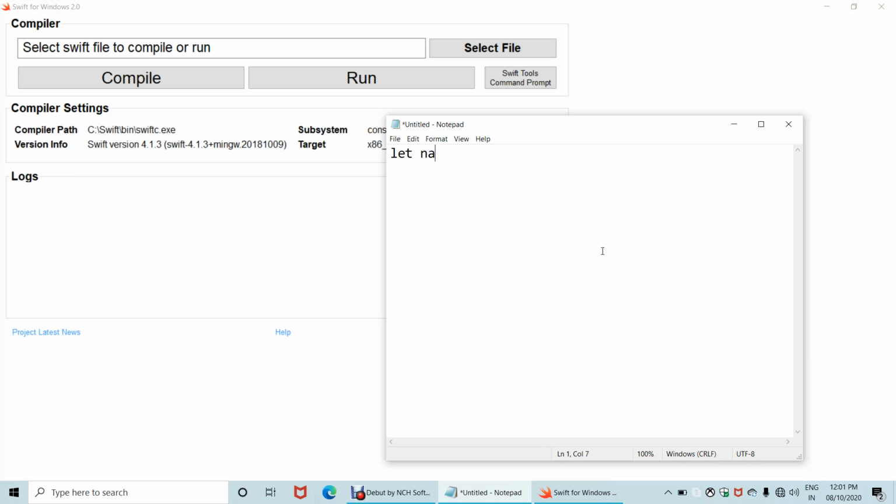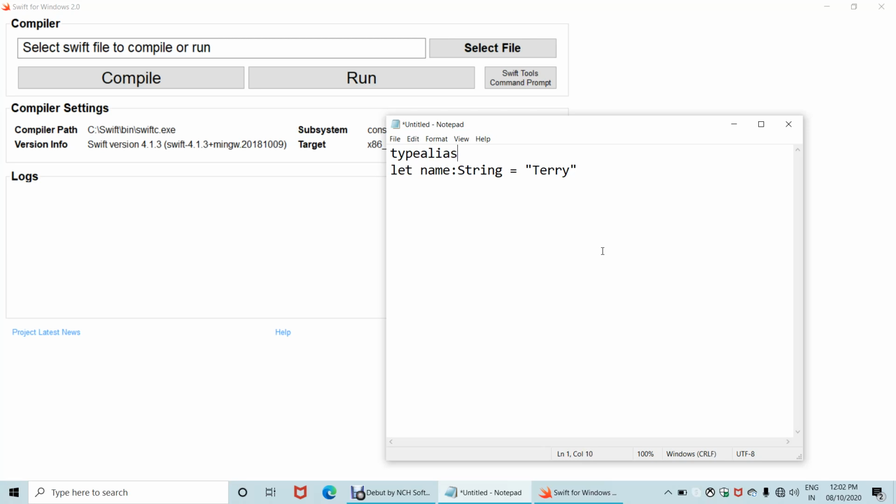Suppose I want to declare a variable name, and I'll put the string Terry. Now we are aware that name should take a variable type of string, which has to be explicitly written. We have to write something like this. So this statement tells me that I am declaring a variable called name, initializing it to a string called Terry, and it is of string data type. Suppose I want to typealias this string, I have to put a typealias